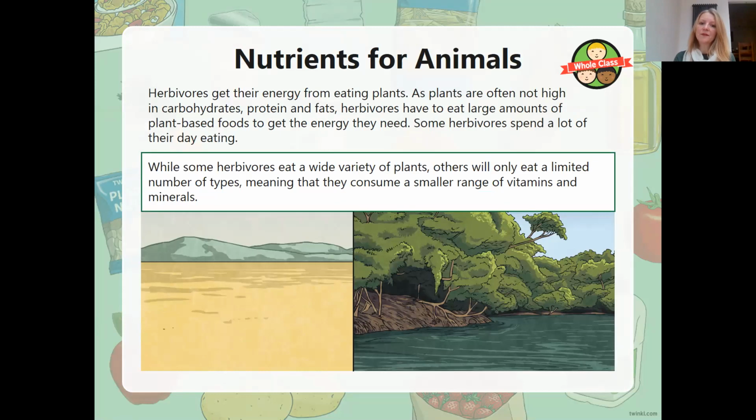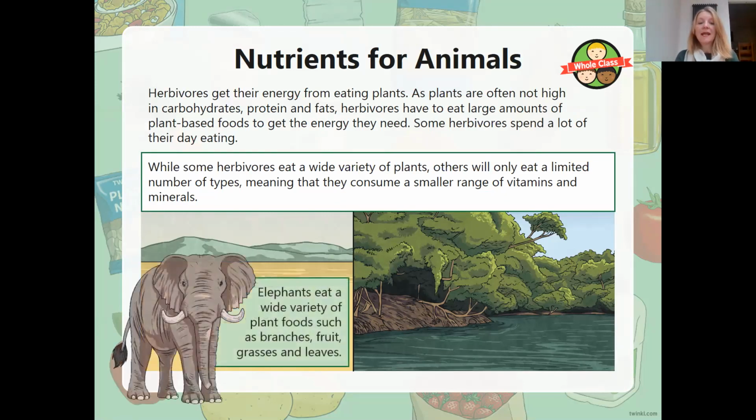Here are some herbivores. Some herbivores eat a wide variety of plants, whereas others only eat one sort of plant. And obviously this means that they have to get all of their nutrients from the plants. So here's an elephant. An elephant is a herbivore. It eats branches of trees, the bark of the trees, fruit, grasses, and leaves, and it gets all of its